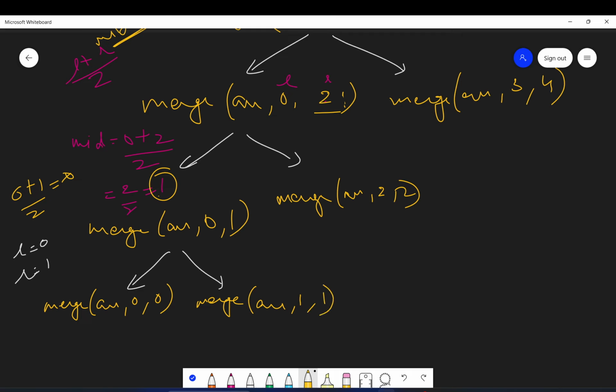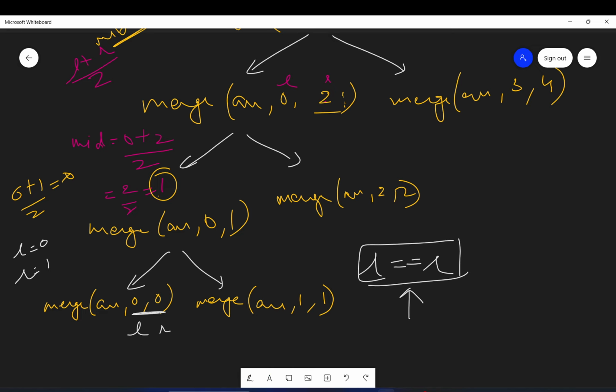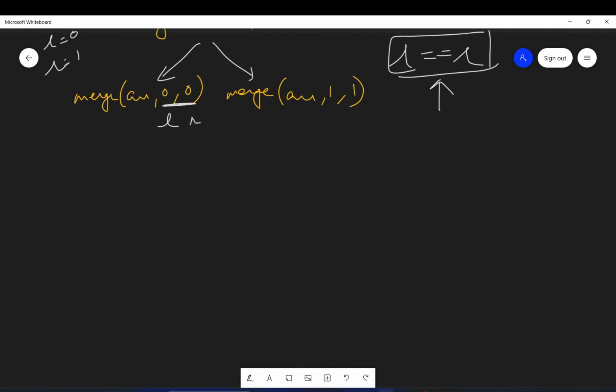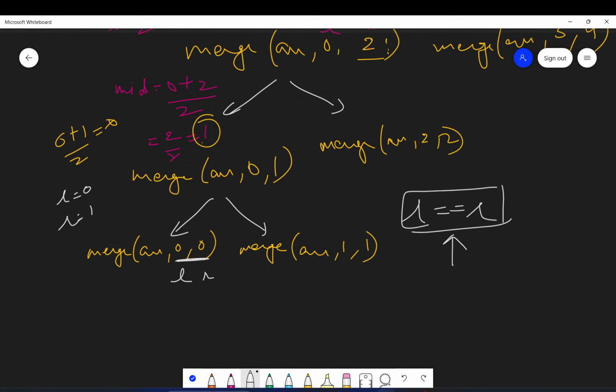So if you see now, what does this mean? This means that starting is L and this is R. When L is equal to R, it means we are stuck at one element. That is index 0, which in the example is 5. When this is the case, we just simply return that element.